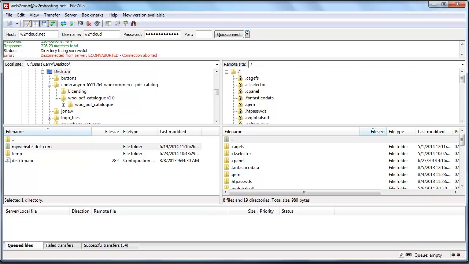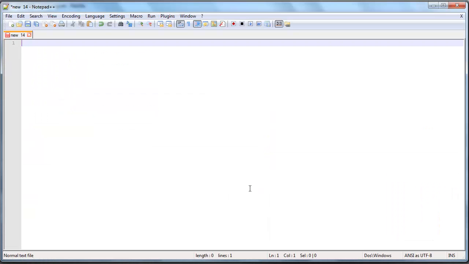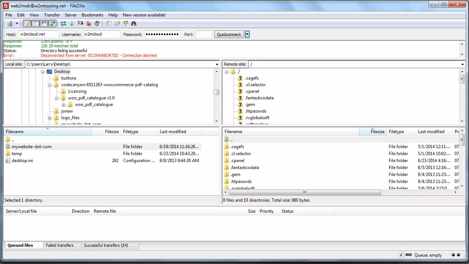Before we do go into that though, the other program you're going to need is some sort of notepad editor. For me personally, I use Notepad++. I think it's only available on PC. If you are using a Mac, go ahead and search for alternatives to Notepad++, and there should be a lot of results there for you. I don't personally use a Mac, so I couldn't advise you on the best one to use. So let's flick back quickly to FileZilla.